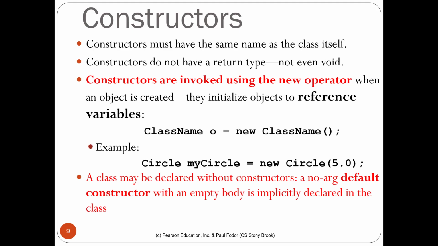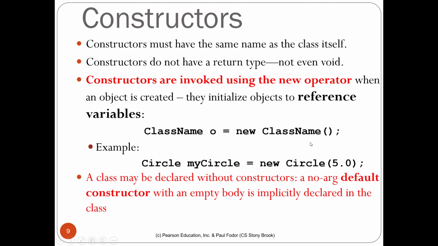Let's take this example. So how do we create an object? Let's take this very general case where the class is ClassName. It could be any general class, so we are calling it ClassName as a placeholder. O is the name of the object that you are creating. How do you do that? Well, you will have to call a constructor, right? And how do we invoke a constructor? By the new operator. So you will say ClassName o = new ClassName(),